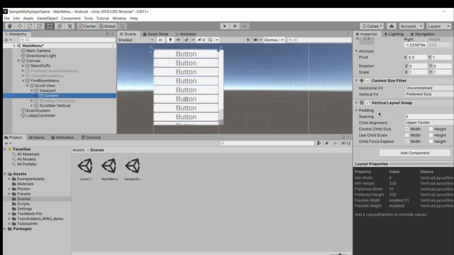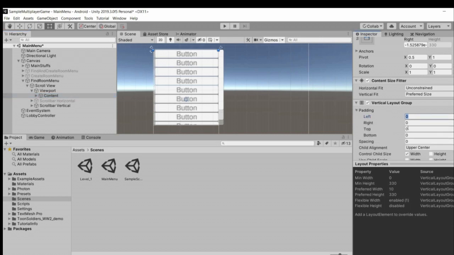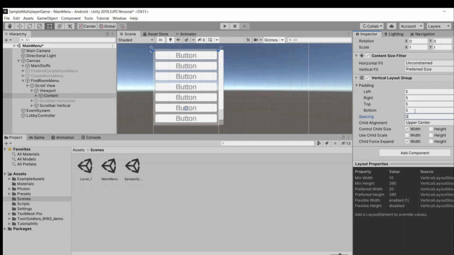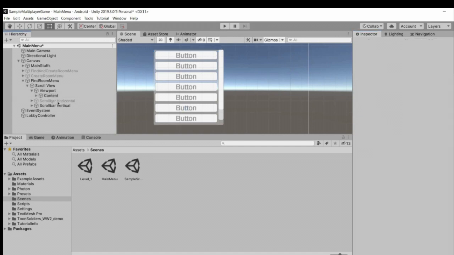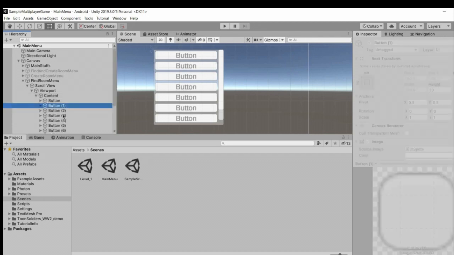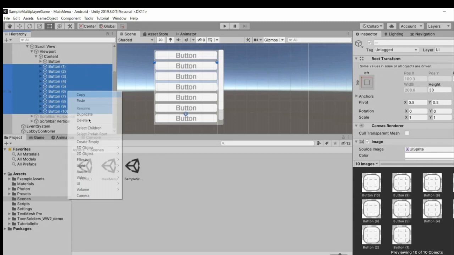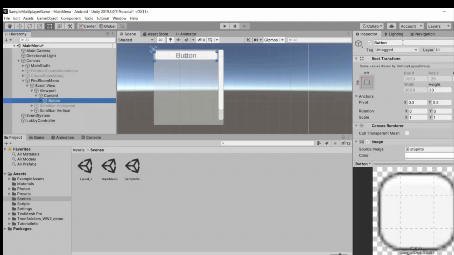Okay, it is good. We need some spacing. So what you have to do is add a padding of 5 on both the sides, 5 on top, 5 on bottom. It is looking good. So add a spacing of 5, bottom would be 0, and as you can see, we have got some space as well. So now inside of the content, just remove all of these other extra buttons and rename this button to room listing